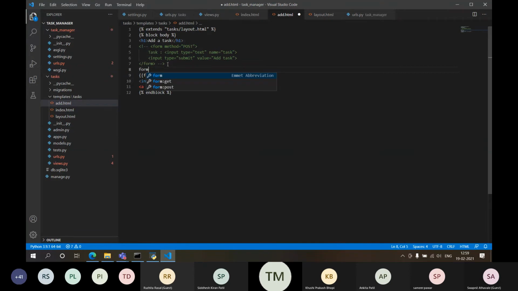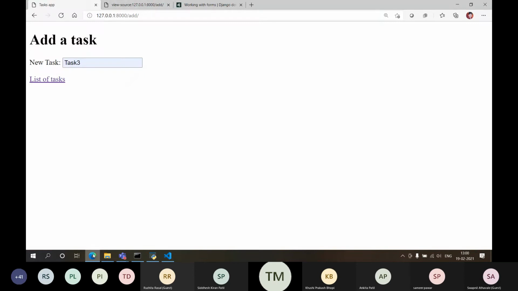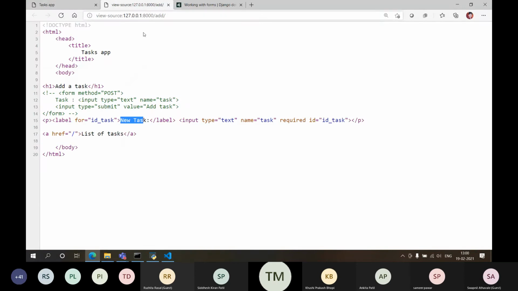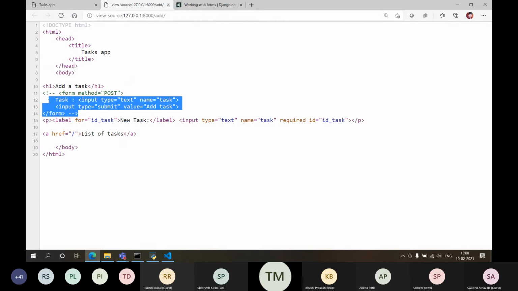Here also I need to write form method is equal to post. Okay. In my form over here, check out this code, source code. It has no form object, right?